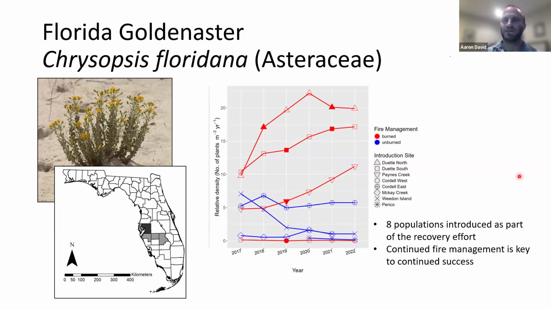Archbold got involved starting in 2017 to monitor these populations a little bit more closely using demographic monitoring. And one of the things that we found is that a lot of these introduced populations aren't doing particularly well, but that's really linked to whether they receive fire management. So the red ones in this case are the burned ones, and the blue ones are ones that were not burned during our study period. And so the big take home is that when you're burning these populations, they tend to increase more or less. And then the ones that don't burn tend to be really low or decreasing.